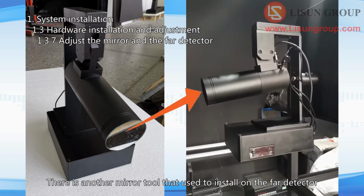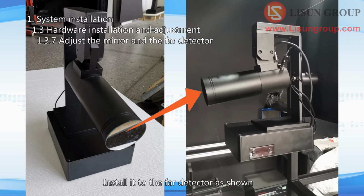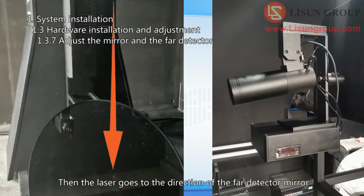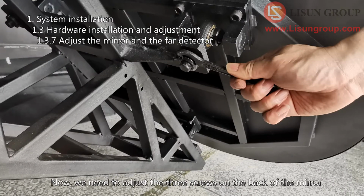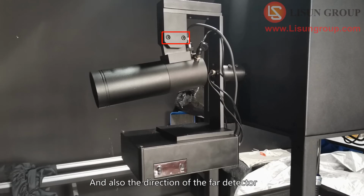There is another mirror tool that used to install on the far detector. Install it to the far detector as shown. Then the laser goes to the direction of the far detector mirror. Now, we need to adjust the 3 screws on the back of the mirror, and also the direction of the far detector,